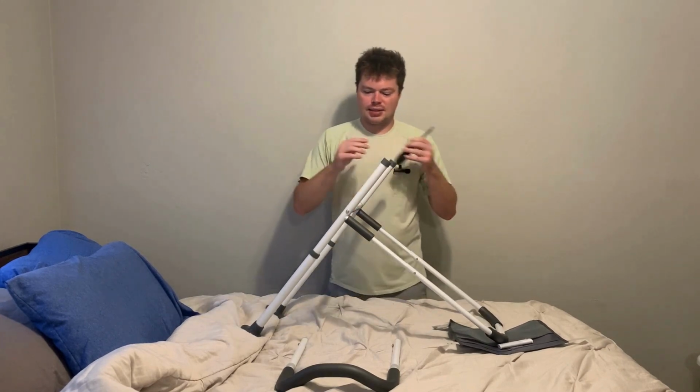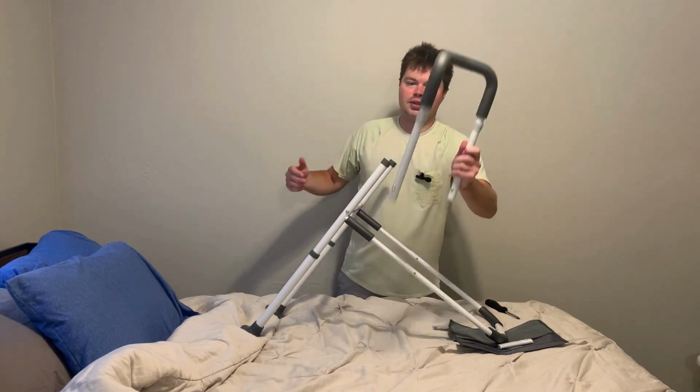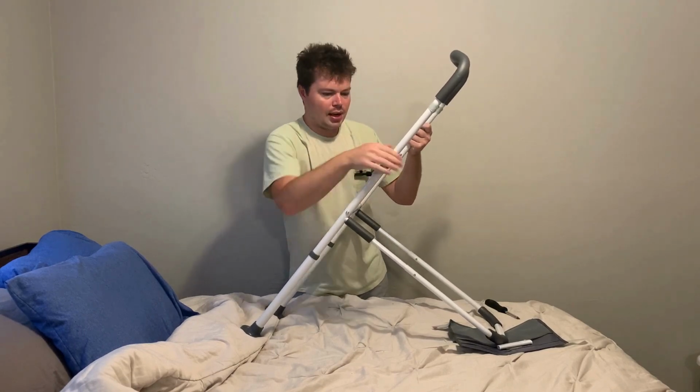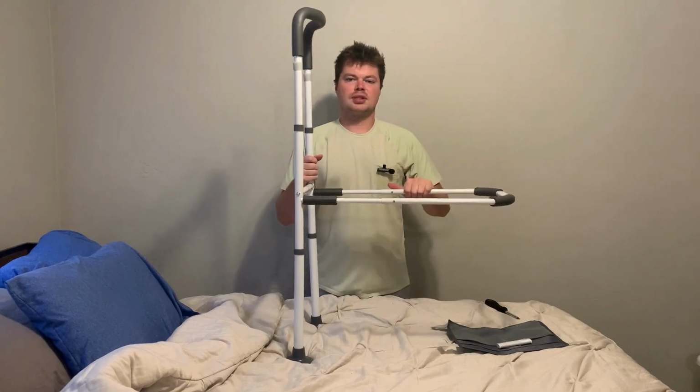But we got my base on there with a supportive piece. Now we can put the handle on and move to installing it onto the bed. So handle, just as all the other pieces, just slides in and pops into place. All right, so this is fully assembled. Now we can move to installing it onto the